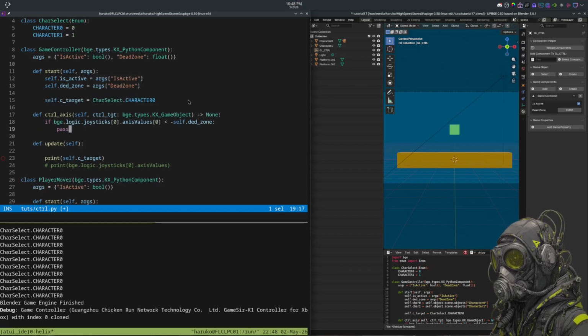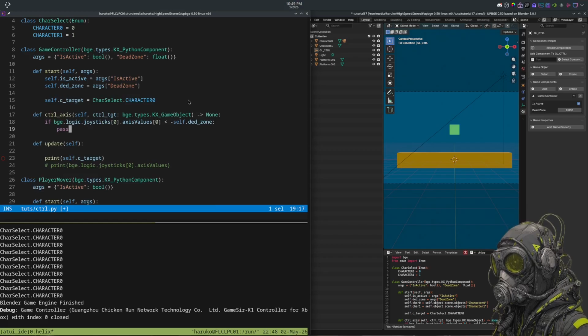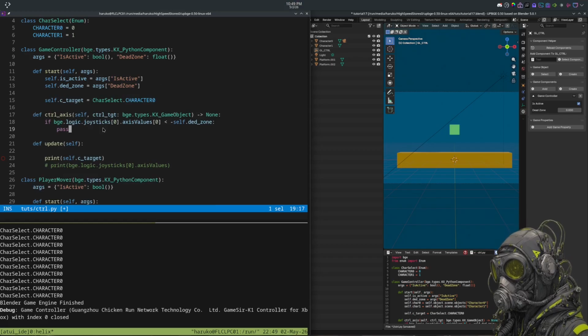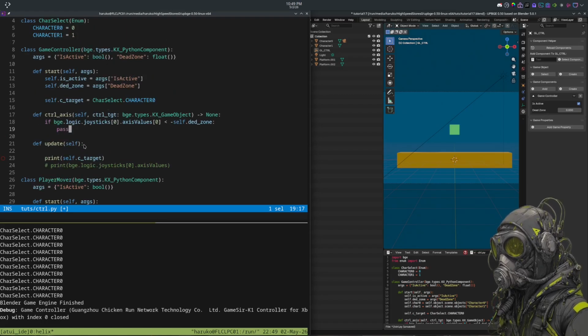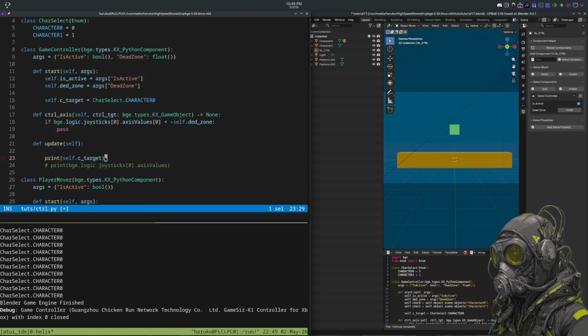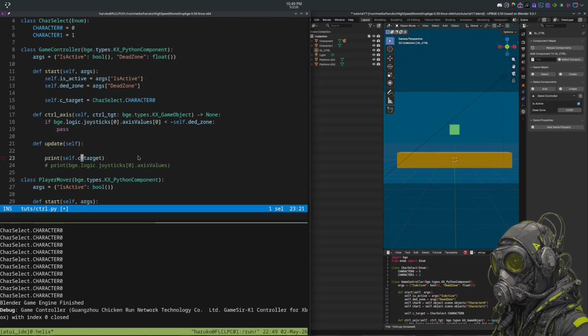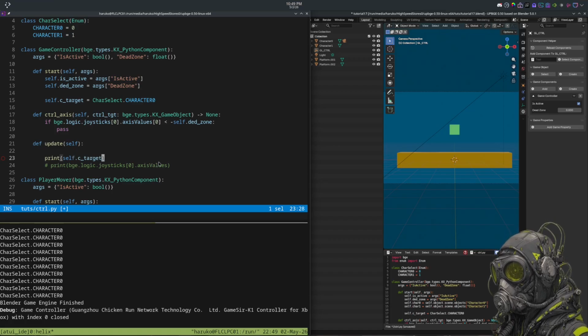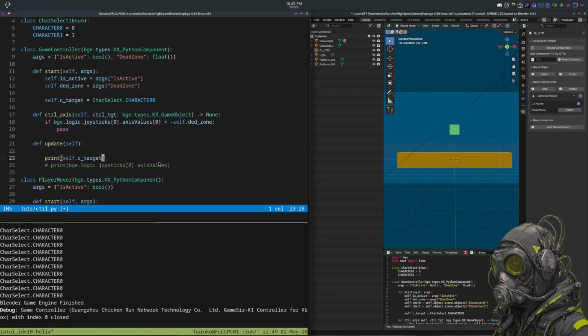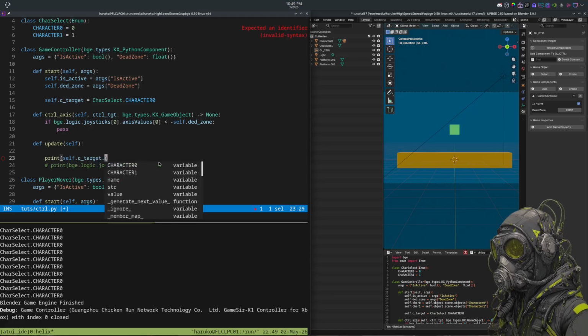Okay, so control axis is going to be, all right, so let's go ahead and continue on with this. Now, let's continue with this enum. Because this enum is giving us a string output, we can apply string formatting functions to it. So what we can do is self.cTarget dot,